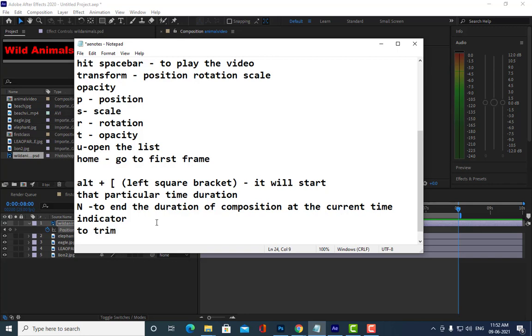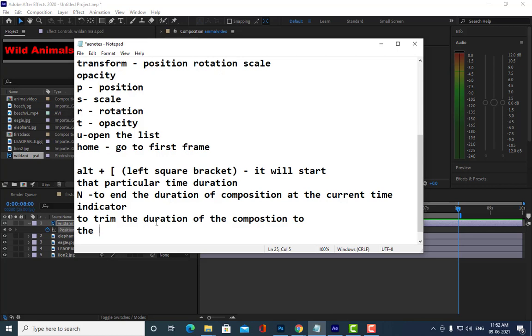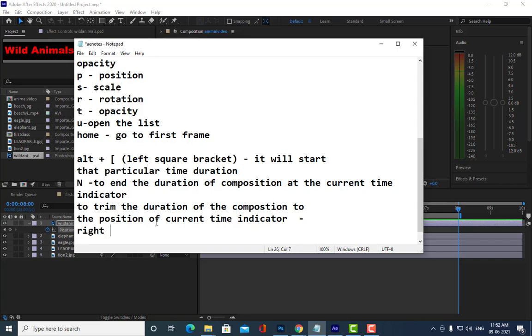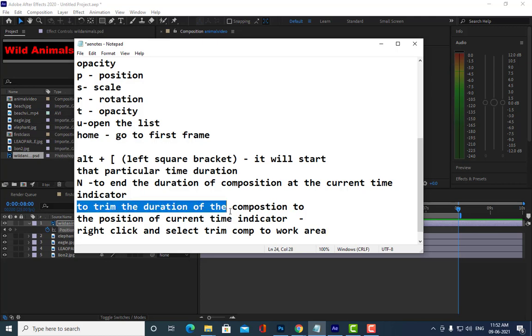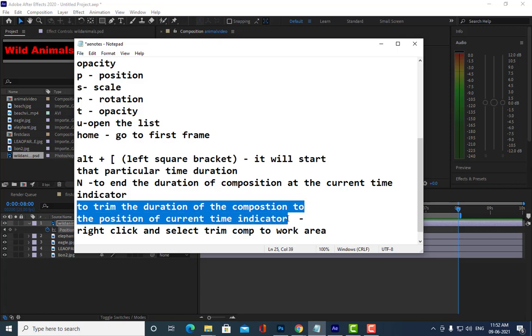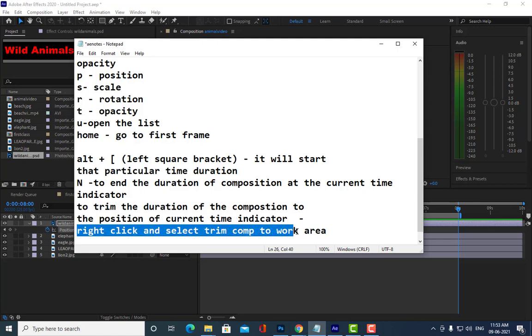To trim the duration of the composition to the position of the current time indicator, right click and select trim comp to work area.